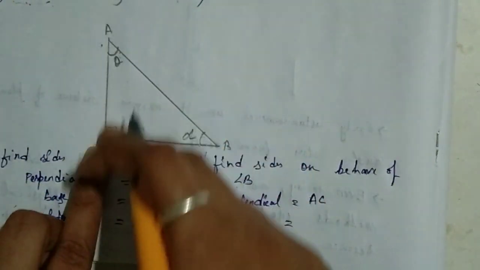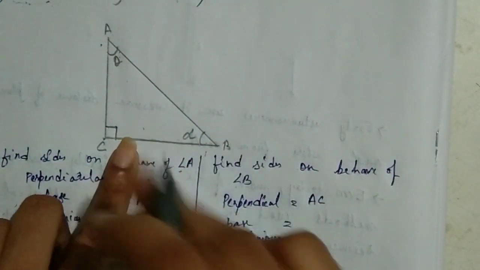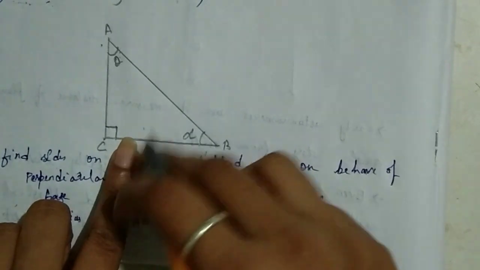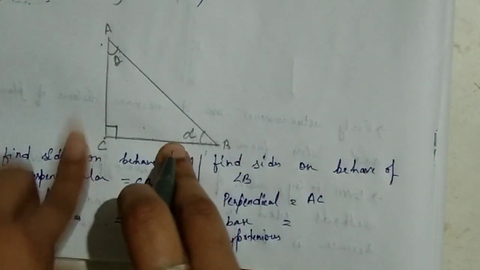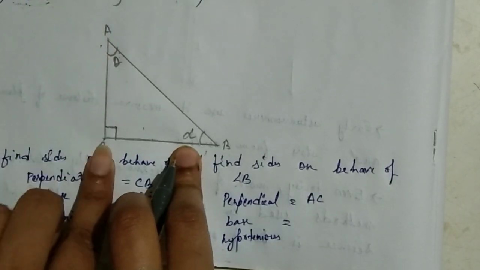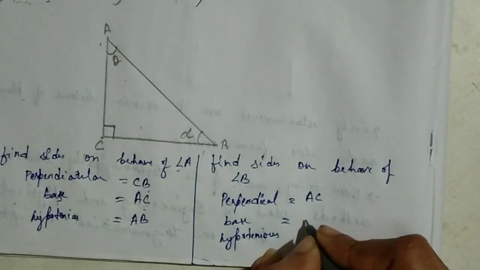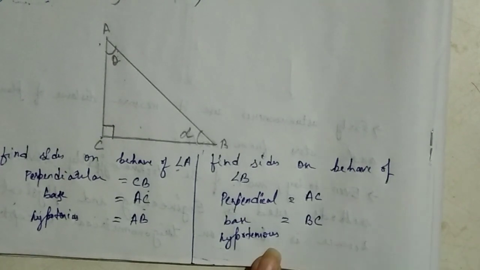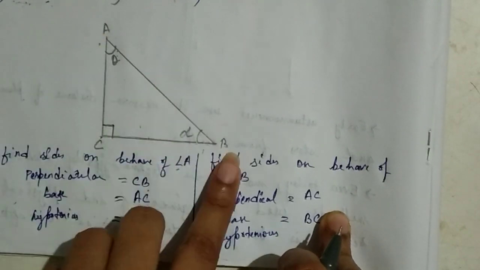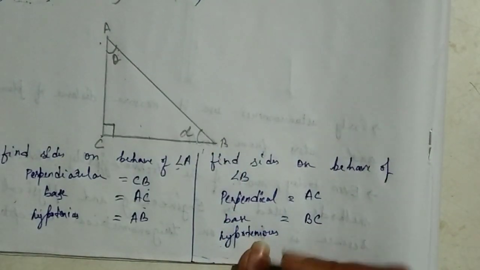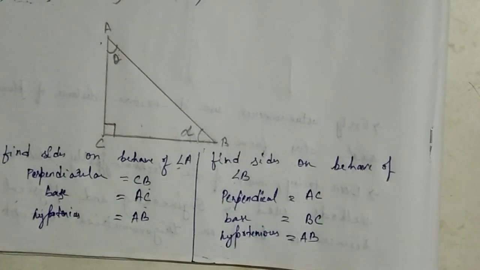Now see, this perpendicular is lying on this line and this line is adjacent to this. If we consider B, two lines are adjacent. One is this one and the other one is this one. But on this line only, this perpendicular is standing. So we will consider this as the base. So base will be BC, BC or CB, anything. And the side left is AB and this is the longest side. So AB will be the hypotenuse.